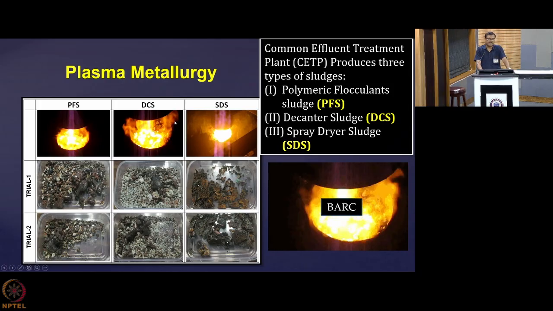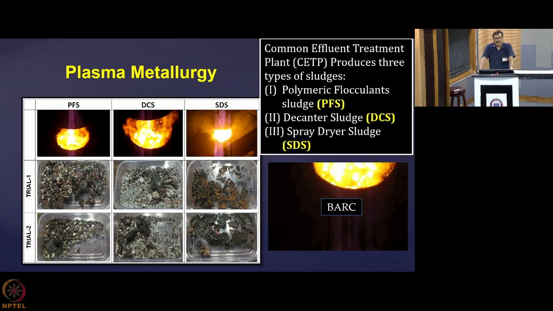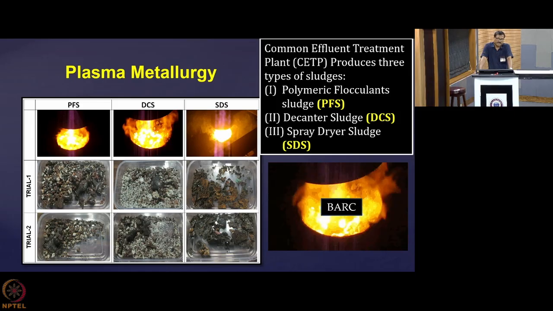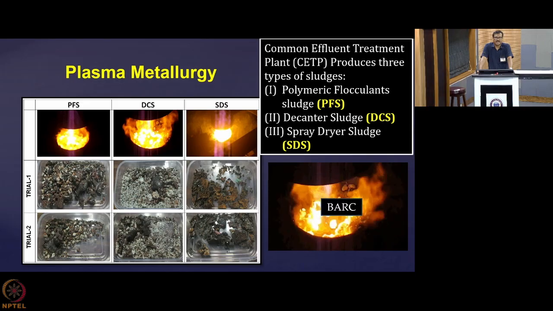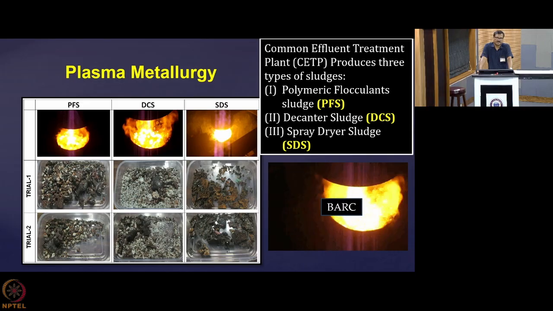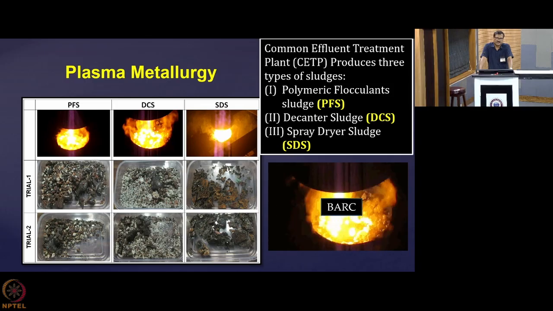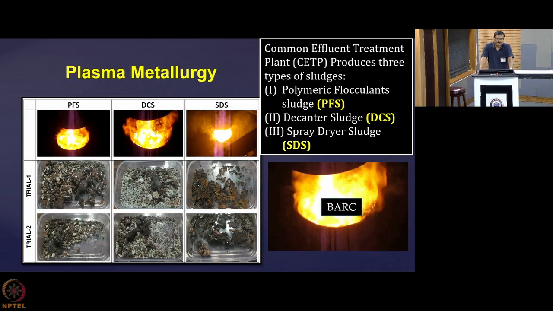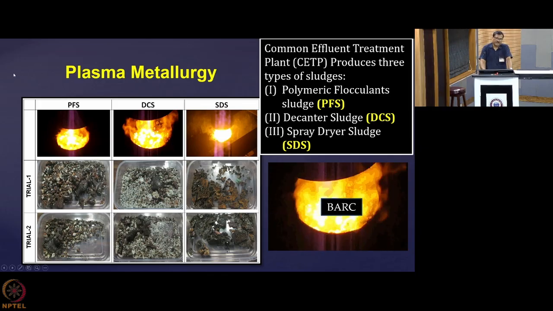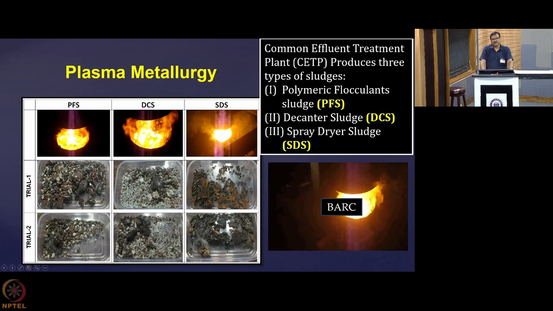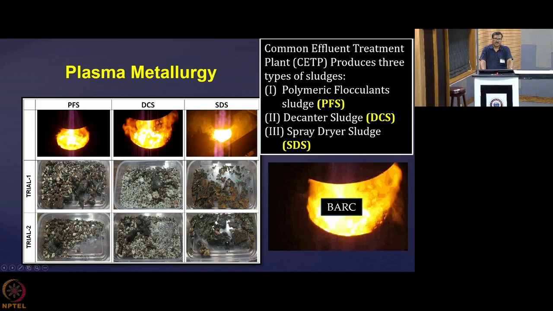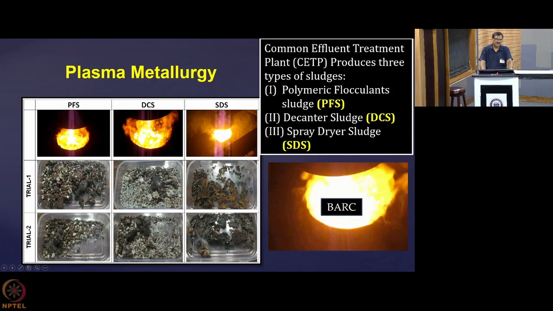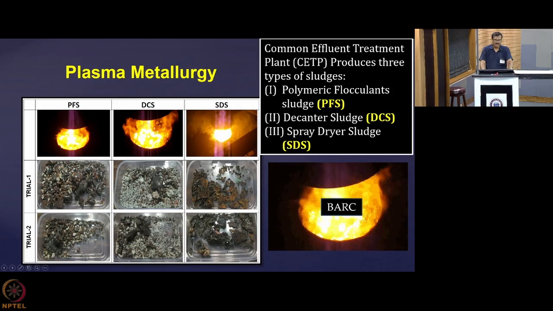Now in plasma metallurgy, this plasma can do one step reduction of highly hazardous material. Here one example is given, that is the sludges which are coming from the common effluent treatment plants. When these sludges are treated using the plasma, not only is the organic component getting out and the hazardous material becoming benign, they are able to extract the material that is within there very easily.